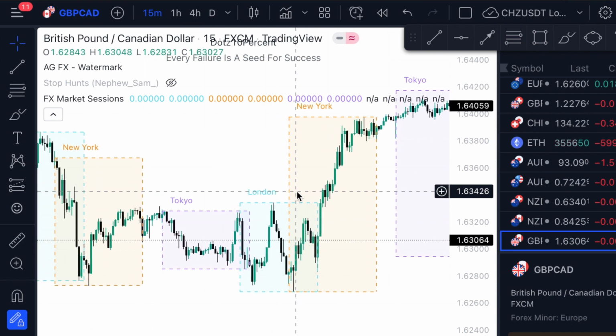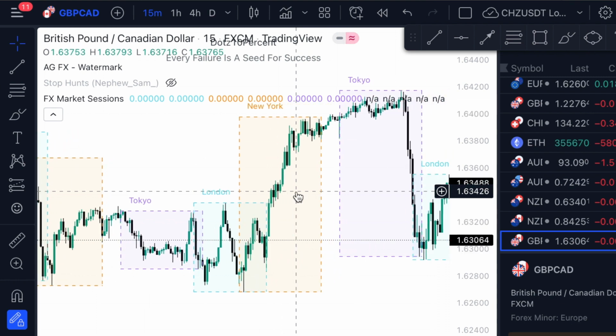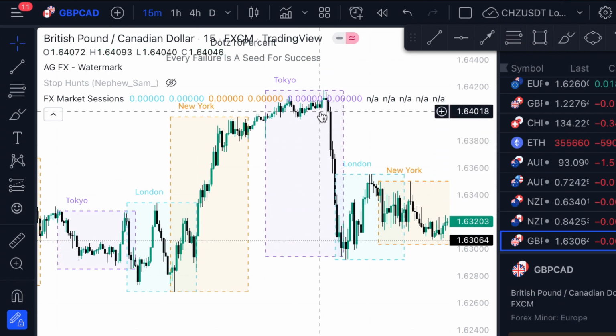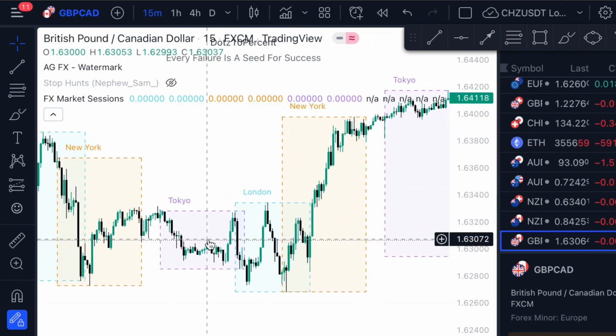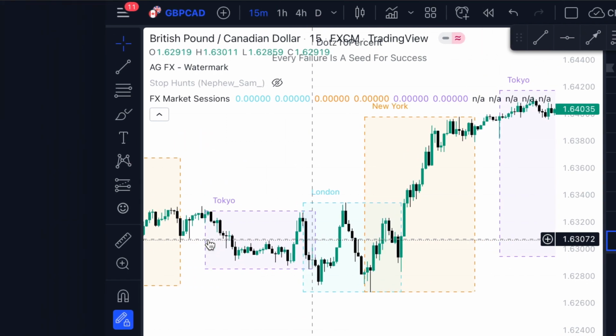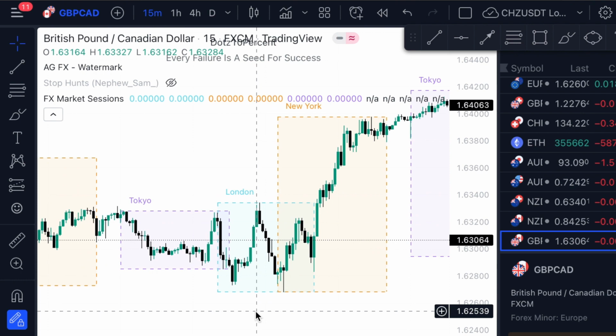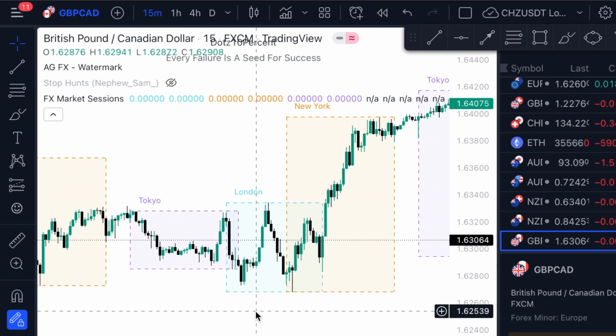Now, like I said, this is a textbook example, so it's something you can expect to see, but it doesn't mean it always happens, because if we come across here, look what happens in Asia. That's not really what you expect, this strong move, and that was probably driven by news and other factors. So just because I've shown you this example, don't take it as gospel and think it's going to happen day in, day out. Of course you might see it often, but not always.